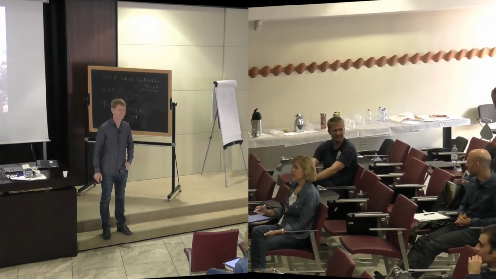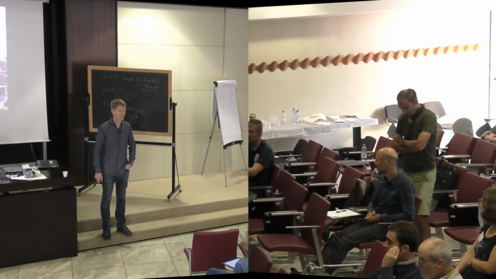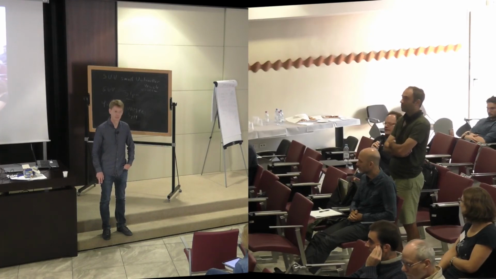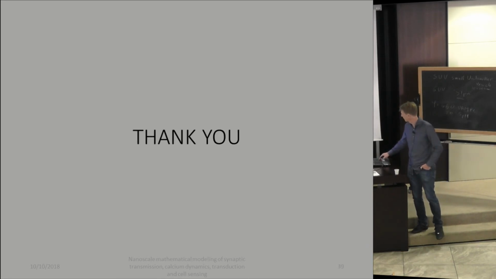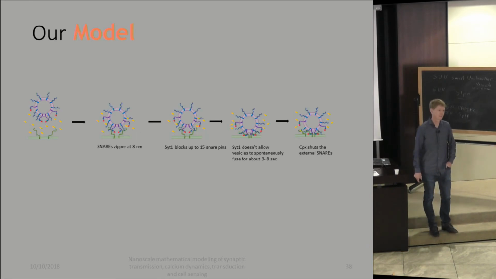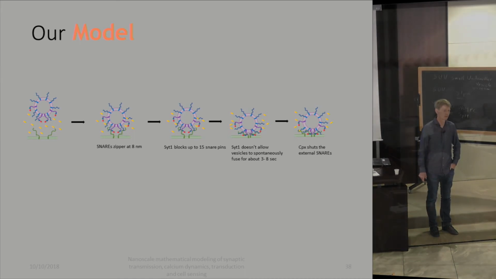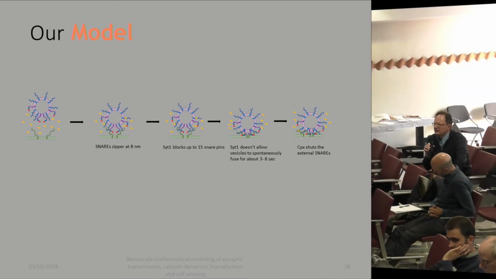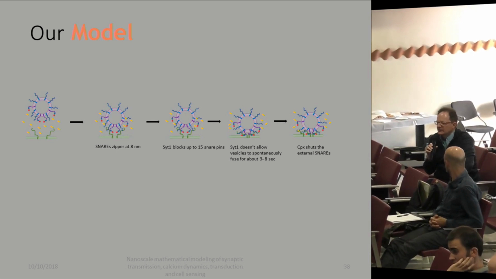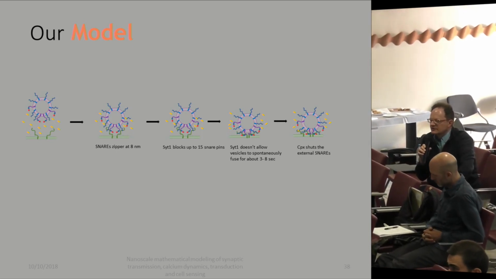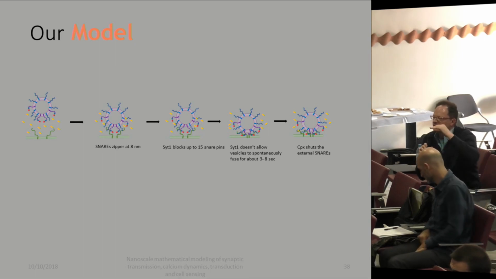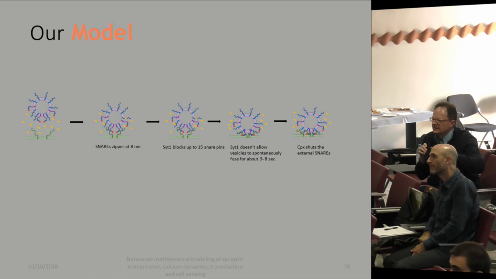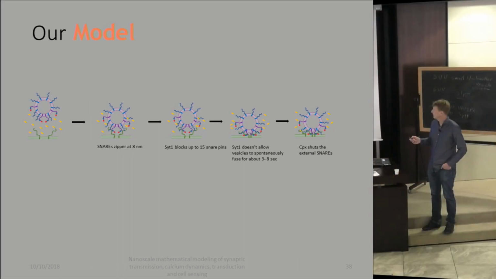Yeah, good. Sorry. So in this picture, Fred, which picture? The last one? The idea of the complexin dealing with the 40 other guys. Yes. I guess two questions about that picture. Firstly, you might have thought that the 40 other VAMP would not be a threat to fusion because of their being too far. That's what I'm saying. Yeah. But if they're not a threat, why do you need complexin to quell them? They are a threat.